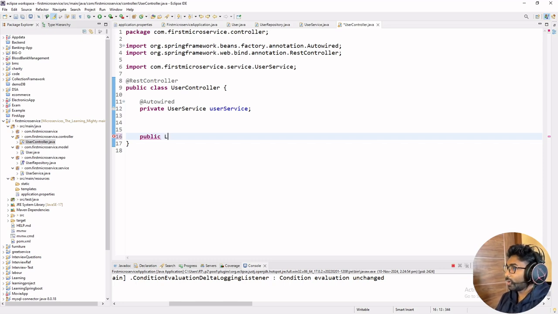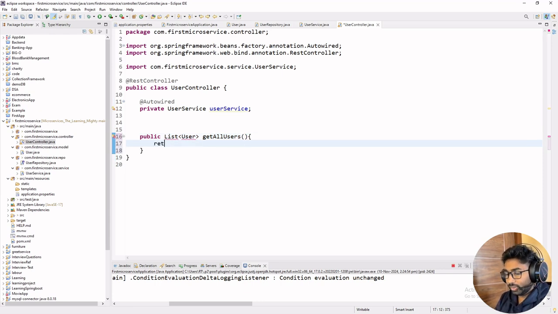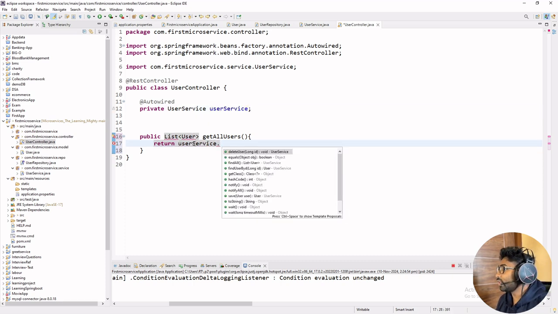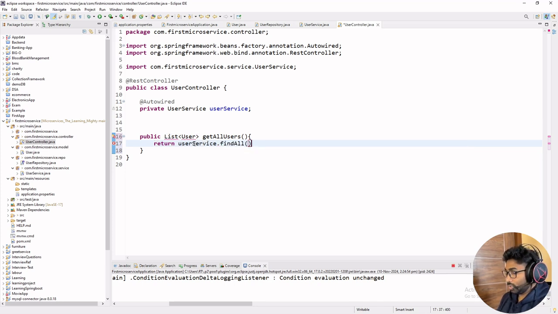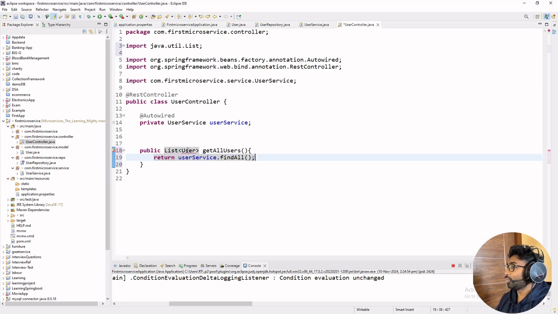public list of type user. We need a list of user types to be written, so get all users, and this needs to return from the user service dot, what is the method we need to use? We need to use find all. Okay, so semicolon. Let's import the list and let's import the user,